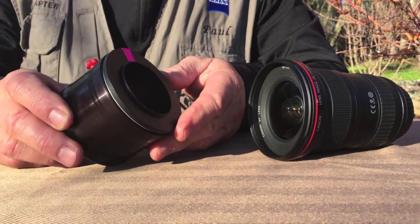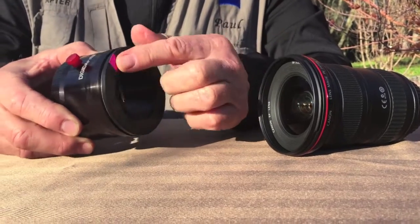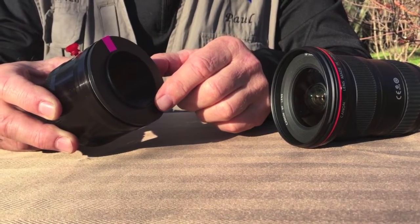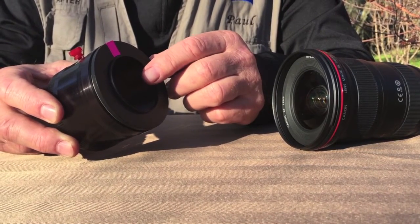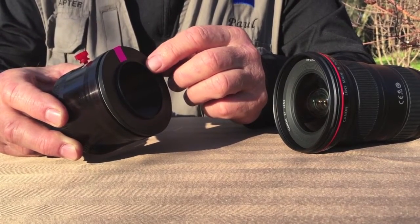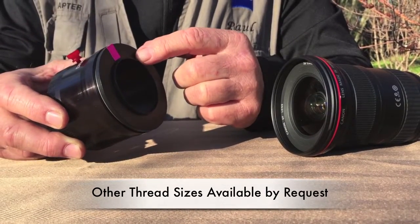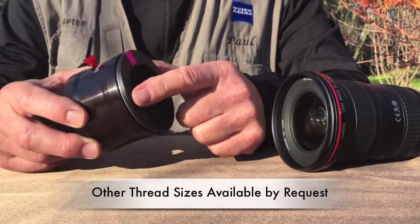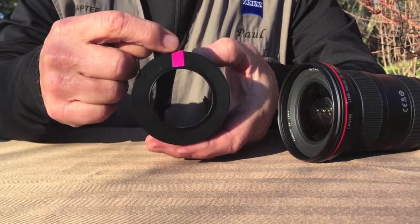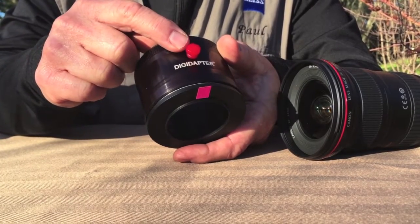The new DLM adapter is going to come standard set up for a 52mm thread. And we've found that most lenses that properly work in the digiscoping field have 52mm lenses. If your lens happens to be a little different, send me an email and we can accommodate a different thread size. So as you notice, I've put a mark here just as a reference